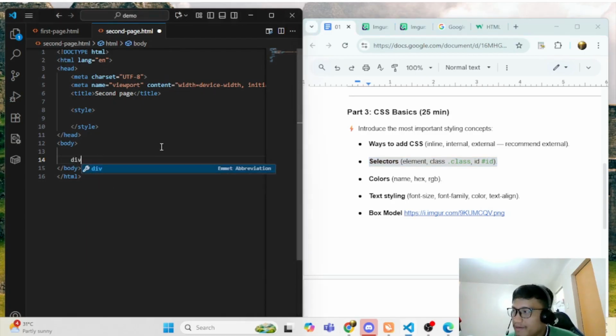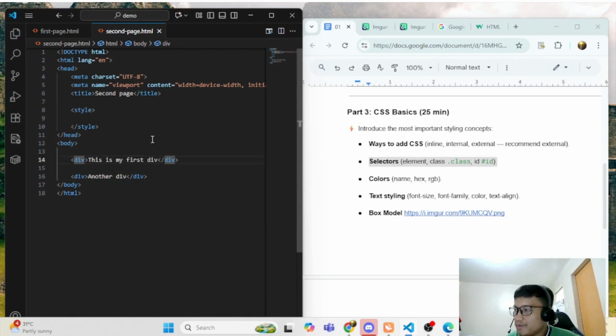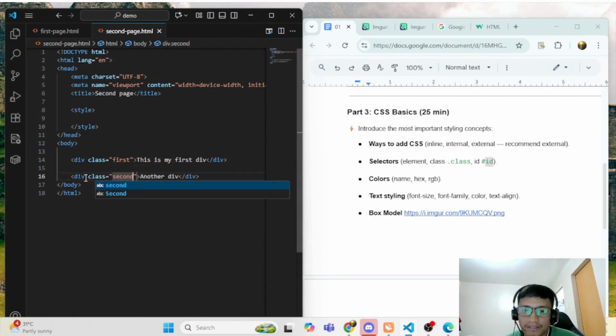So for instance, I have here div. This is my first div, and then another div. So we can use a class or an ID property. So let's say class, say first, and then class second. So the property we can use for class is period.